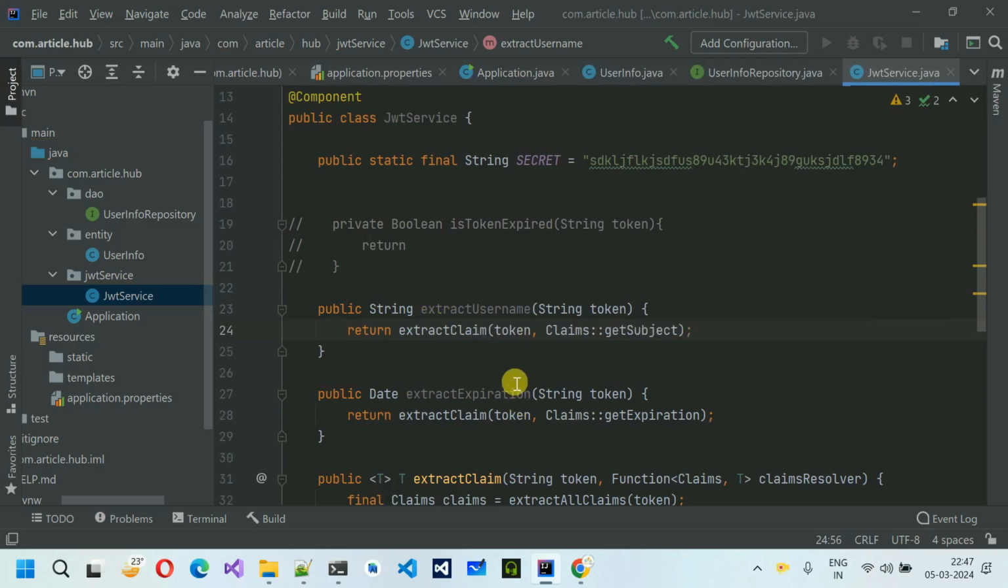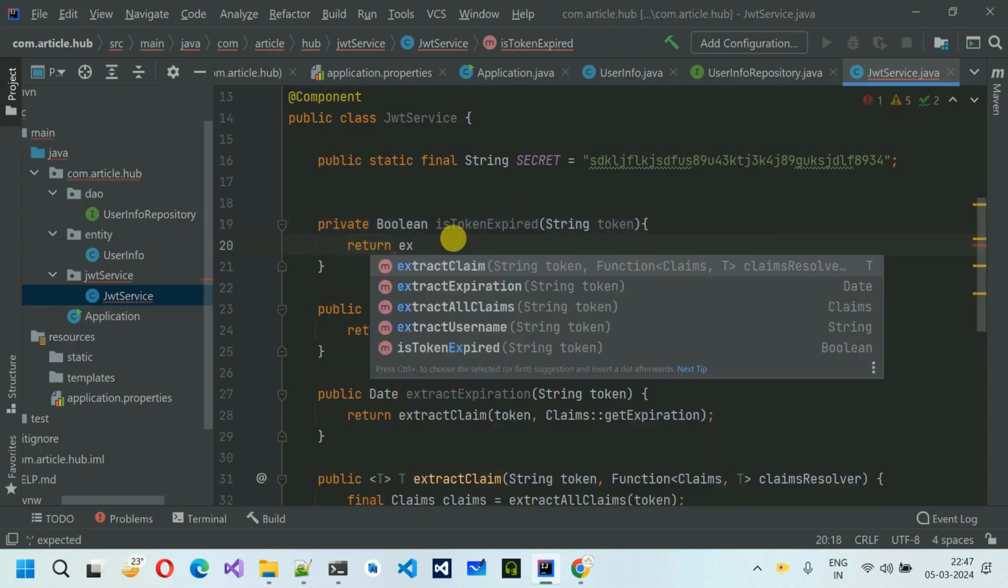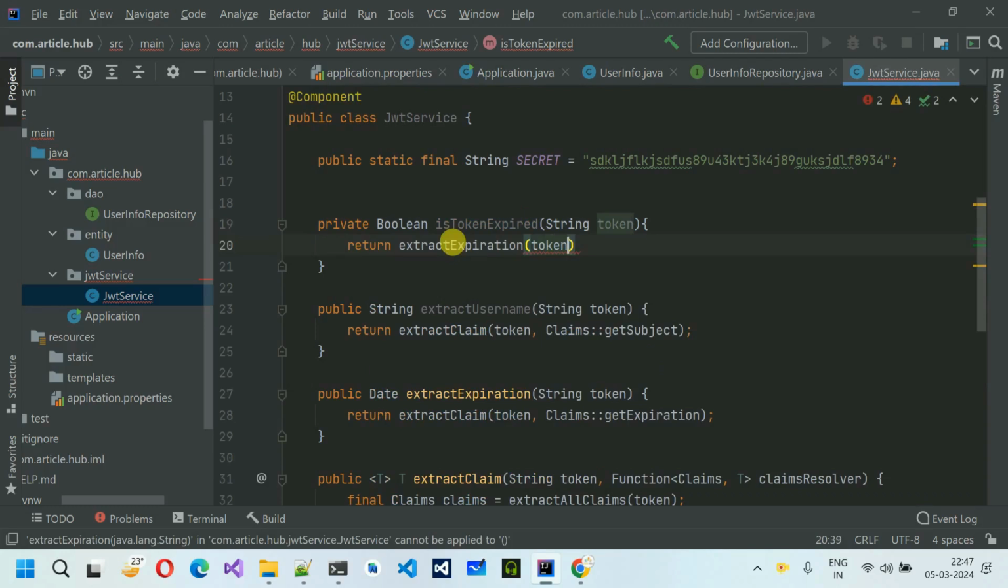Okay, after this we have to get the token. Let me just uncomment this. Here's token expired, and I have to return it. Extract expiration. Into this one we have to pass the token dot before new date. It means a today date. This token expired. Suppose I am going to pass the token into this one. This will return